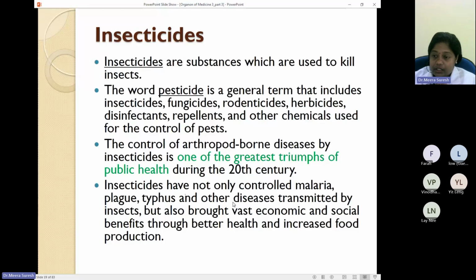Otherwise, when these communicable diseases were there, people were dying at a very young age. So, by the use of these insecticides, these communicable diseases being controlled and environmental sanitation being maintained, the lifespan of the people also increased. They were more healthy, the mortality rate decreased. If people are healthy and living for a longer time, of course, that is beneficial